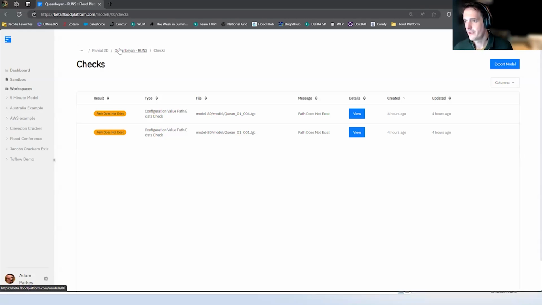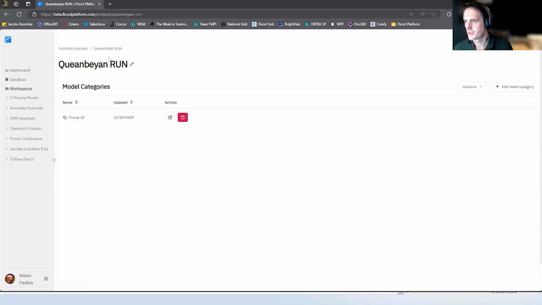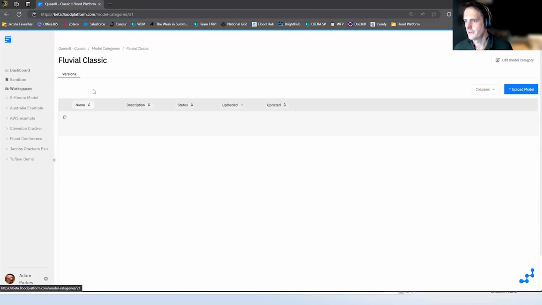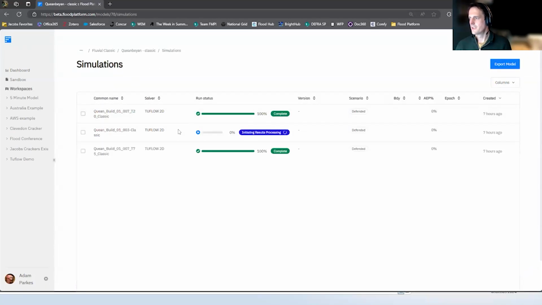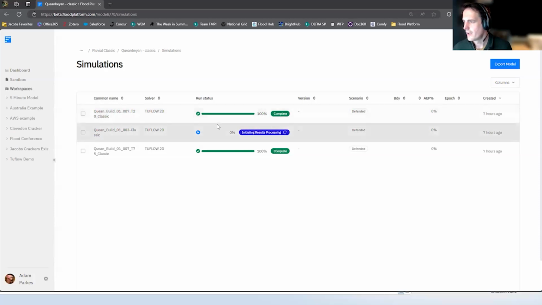The other important thing when you're looking at these is, okay, so what have I actually got in here? So I'm going to go back to the example data, and I'm going to open up this classic one here. Go back in simulations. So again, these are files I uploaded earlier, and these have been run. So you can see these 3 simulations have all been run, and they're currently processing. I've left this one processing so you can see what's happening.